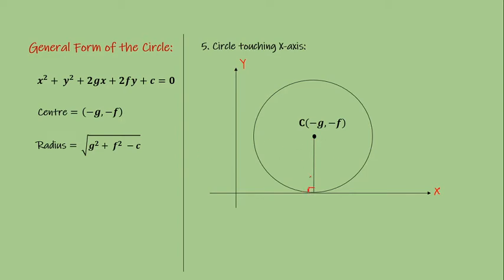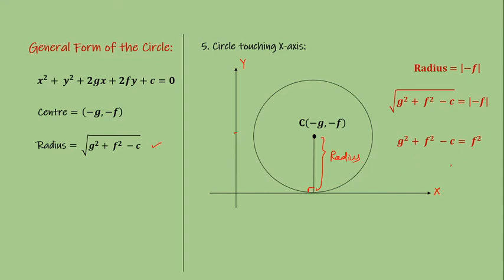Now, what is this radius value? If you observe, this perpendicular is the distance of the center from the x-axis, and that will obviously be the radius of the circle, and that radius can be written as the y coordinate because it can be measured on the y-axis. So the radius is mod of minus f. By the way, we had the formula of radius: root of g square plus f square minus c. So one can write root of g square plus f square minus c is mod of minus f. In the next step, we can square this and write g square plus f square minus c is f square.